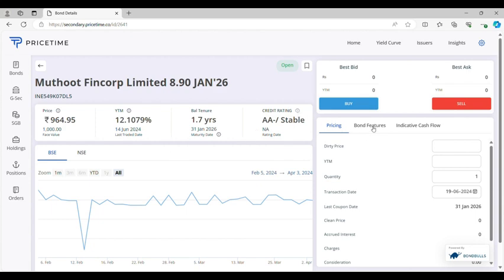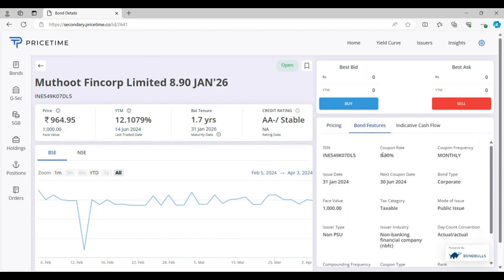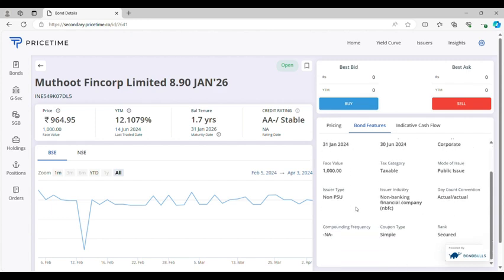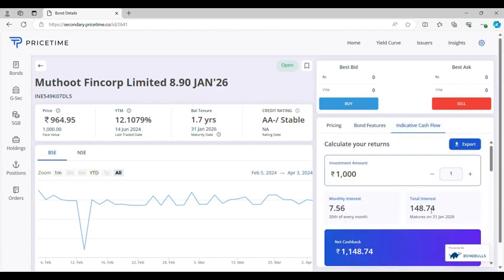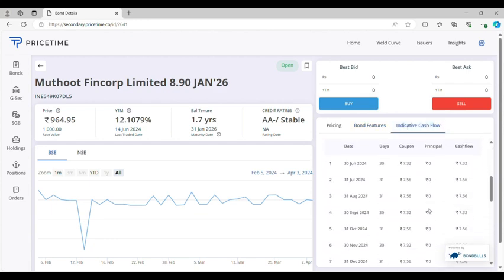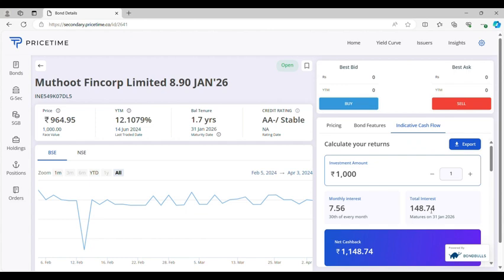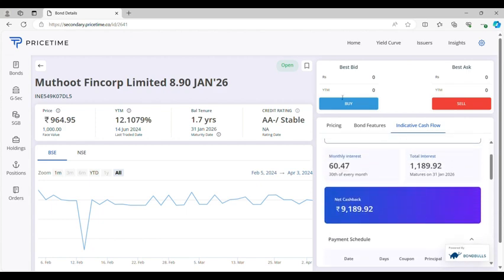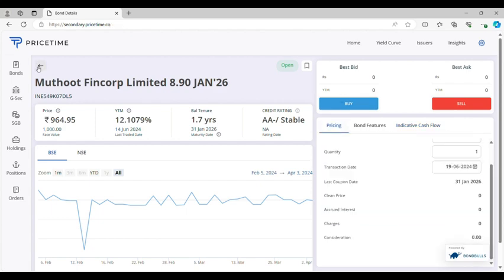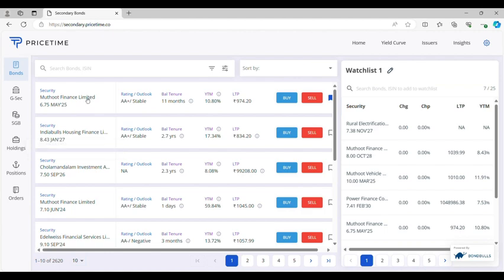Now if you are more keen on additional features such as what the original coupon rate was, what the original issue rate was, what kind of a company, whether the bond is secured, unsecured, subordinated, and so forth, we'll show you that. If you'd like to see how the cash flow looks in the future, that again is something we've built in. You can select the number of bonds that you hold, and accordingly the cash flow will update. Let me go back to another bond on our list out here,